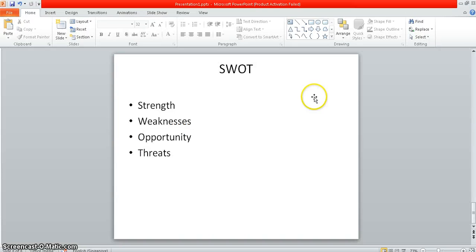Next, for threats, I would only suggest that the only threats for SIA Engineering would be threats coming from competitors. So without further ado, let's move to